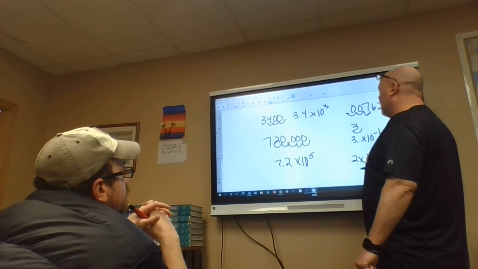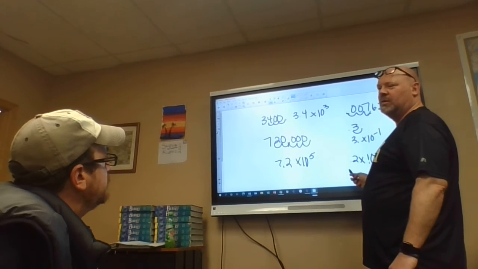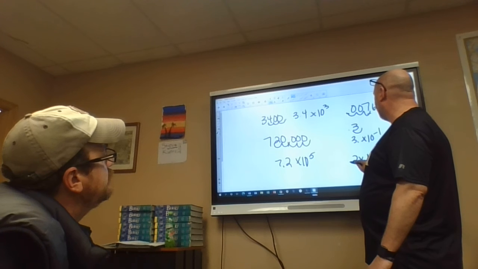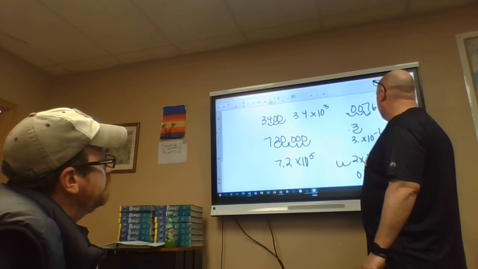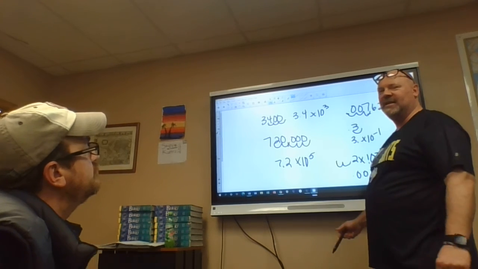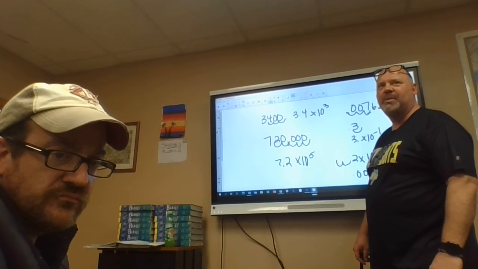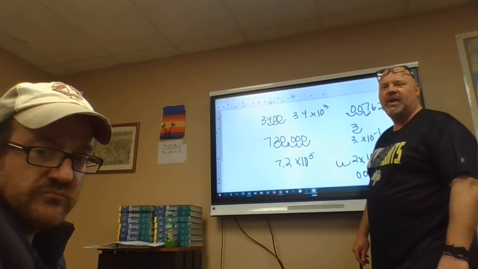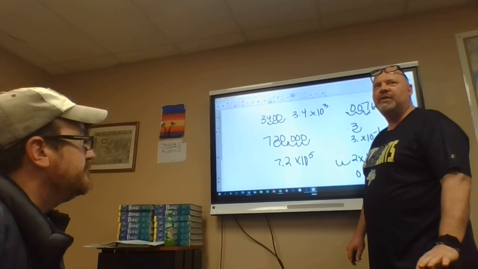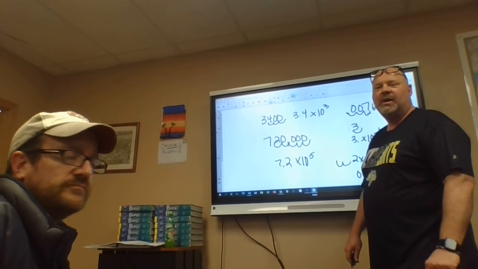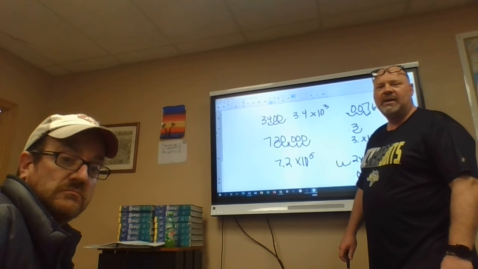Now, if they give you an equation that looks like this, 0.2 times 10 to the negative 2. Negative 2 means you're going to put your decimal point this way, right? 1, 2, so now your answer is that. And then on your other part of the worksheet, there's some multiplying exponents, but you can put that into your calculator. Okay? Make sure today, over this week, you take pictures of your assignments, email them to Steve or I,